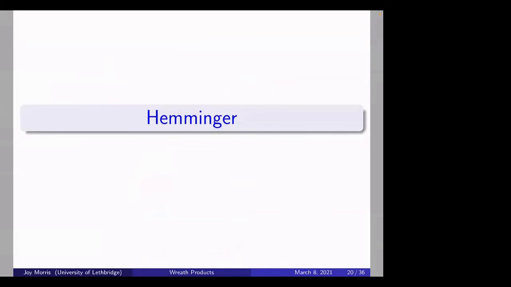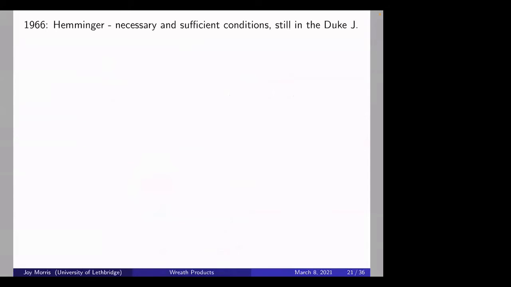So I'm going to skip the first couple of results of Hemminger because I'm not going to give the details of them, because really the right result was in his third paper, but I'll tell you just a little bit about what he did in the first paper and the second thing. So in 1966, still in the Duke Journal, Hemminger published a paper in which he claimed he had necessary and sufficient conditions for the